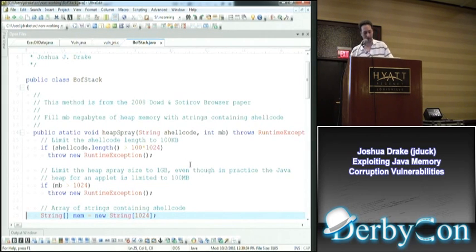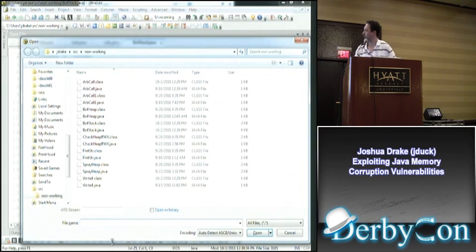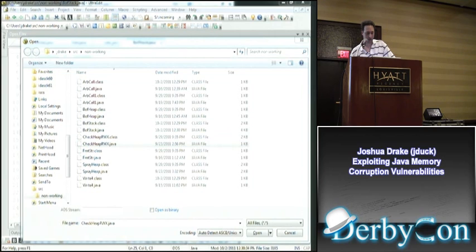They were, let's see. Like this class here and this one here, I was using these to figure out which version of Java introduced the non-RWX heap, which I'll release the tool later with the code. But I managed to make this VM over here, and I have every version of, okay, we don't need Outlook, I apologize for that.